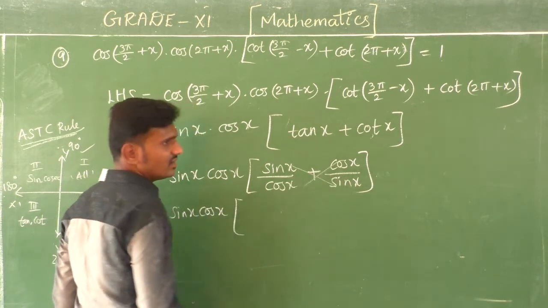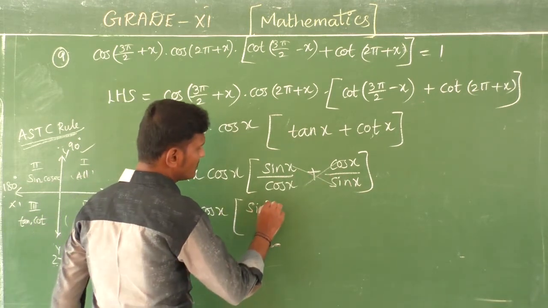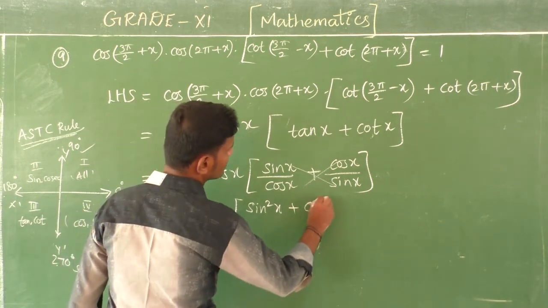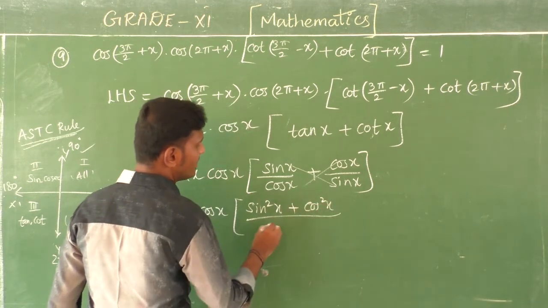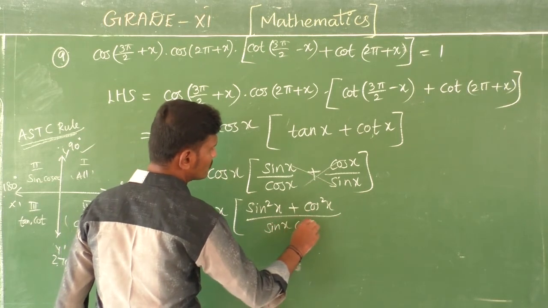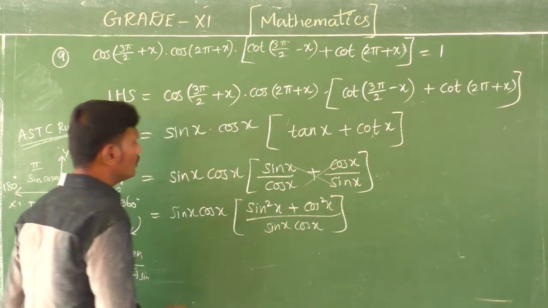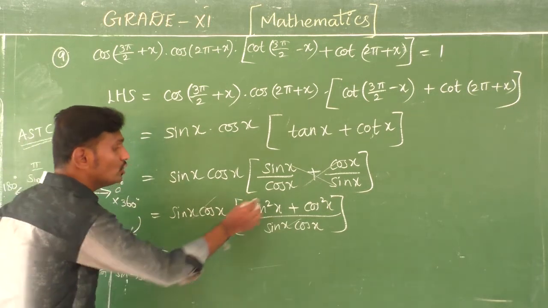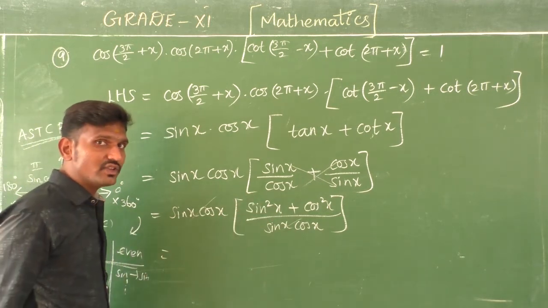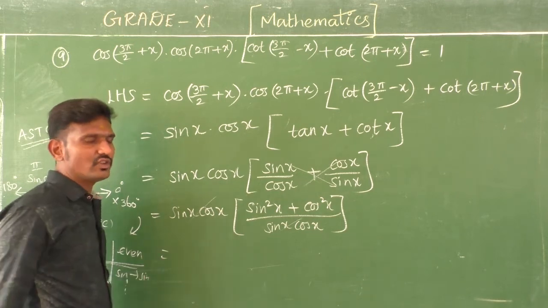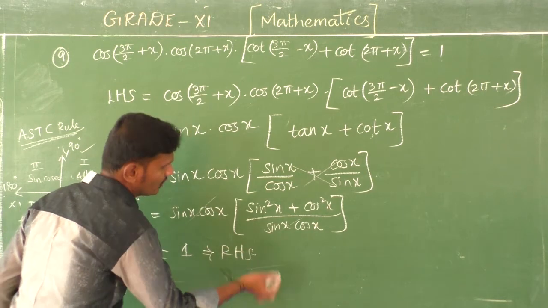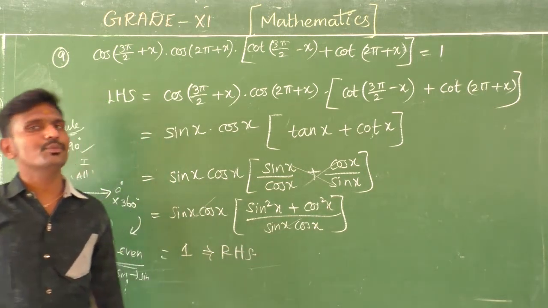So taking a cross multiplication, sin into sin, sin square x plus cos into cos, cos square x, whole divided by sin into cos or cos into sin, on both also same only. So if you are going to cancel these two, sin cos cancel. And do you know the value of sin square theta plus cos square theta, which is sin square x plus cos square x? 1. So that's only in your right side. So like that you have to take left side and do right side.